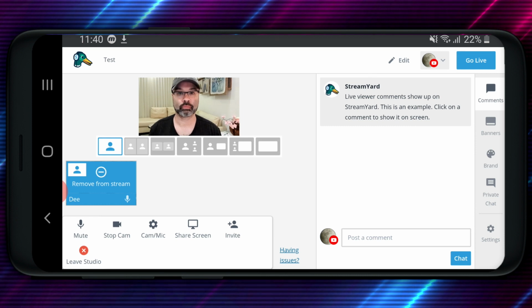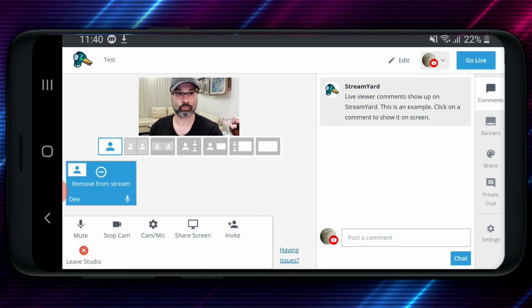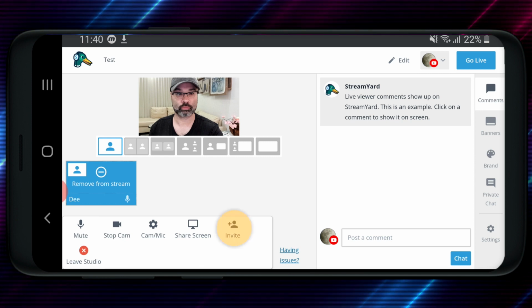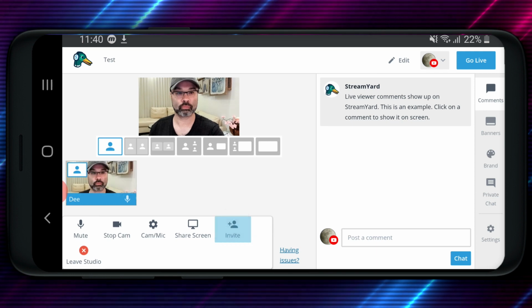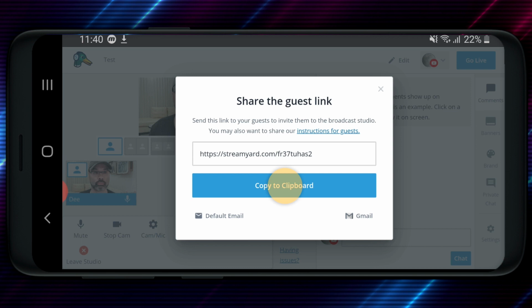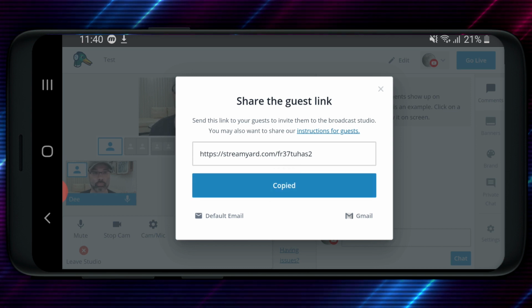Now, any guests that you bring on, they're also going to show up here along the bottom, and to add them, you tap on them, and to remove them, you tap on it as well. And in order to get a guest, look down here at the bottom, you're going to see an invite icon. If you tap on the invite icon, it's going to give you a code. Copy that to your clipboard, and then you send that to anyone that you want to come on as a